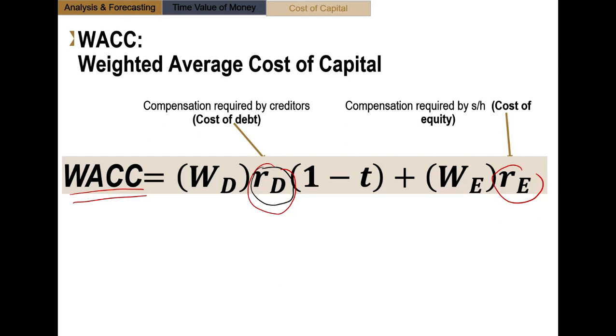Now, let's assume, just to continue with my previous numbers, that this is 20% and 10%. These are the compensations that your providers of funds require, again, for the risk that they bear. All right, then